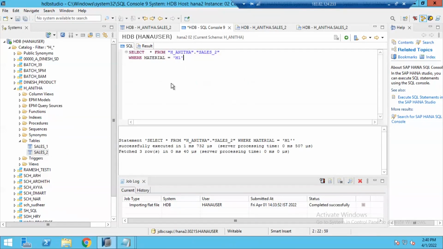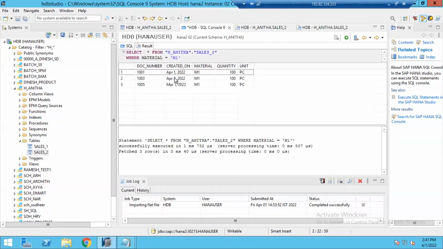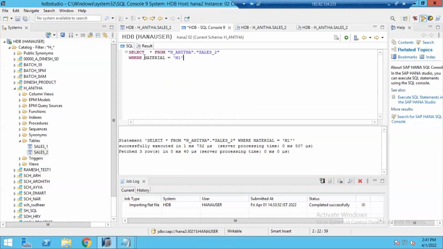If you want to specify more conditions, for example where material is equal to M1 and document number is equal to 1005. On the where condition, so far we are passing only one condition, material. If you pass more conditions, then you can separate those conditions by using the and or or operator. And means both must hold.